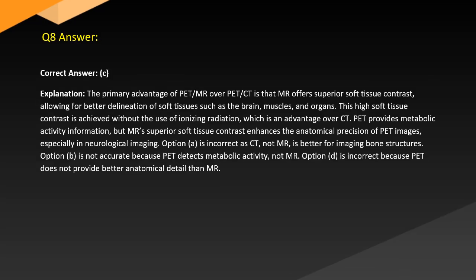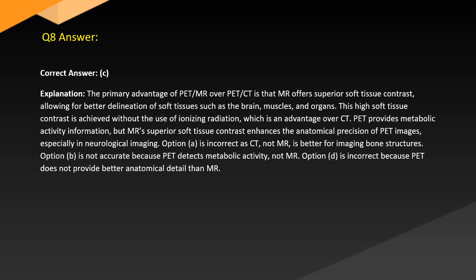Answer. Correct answer C. Explanation. The primary advantage of PET/MR over PET/CT is that MR offers superior soft tissue contrast, allowing for better delineation of soft tissues such as the brain, muscles, and organs. This high soft tissue contrast is achieved without the use of ionizing radiation, which is an advantage over CT. PET provides metabolic activity information, but MR's superior soft tissue contrast enhances the precision of PET images, especially in neurological